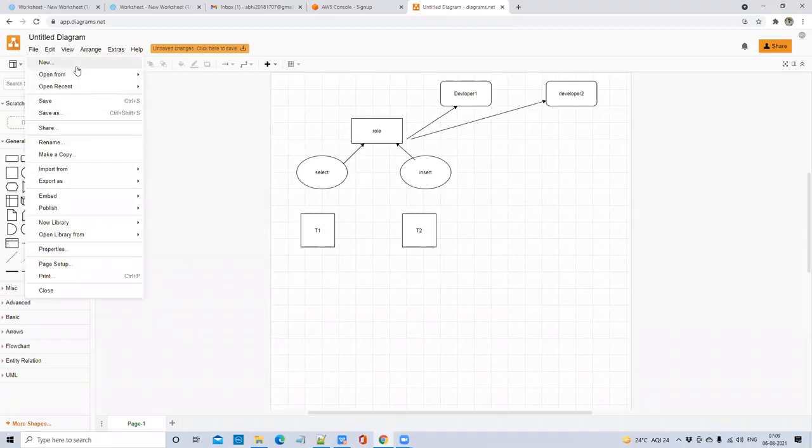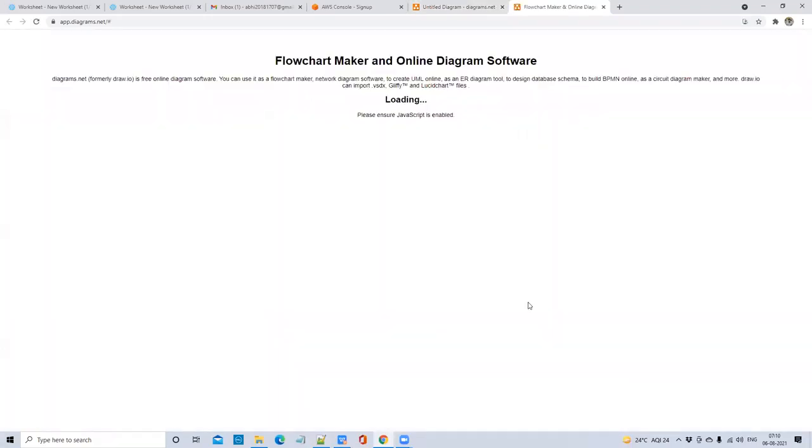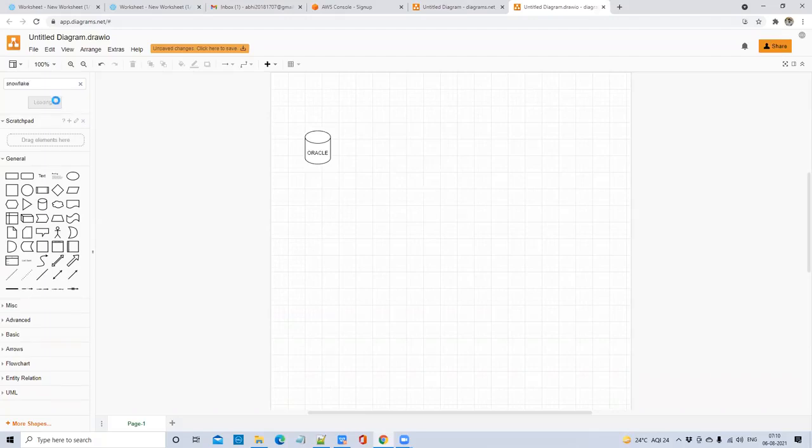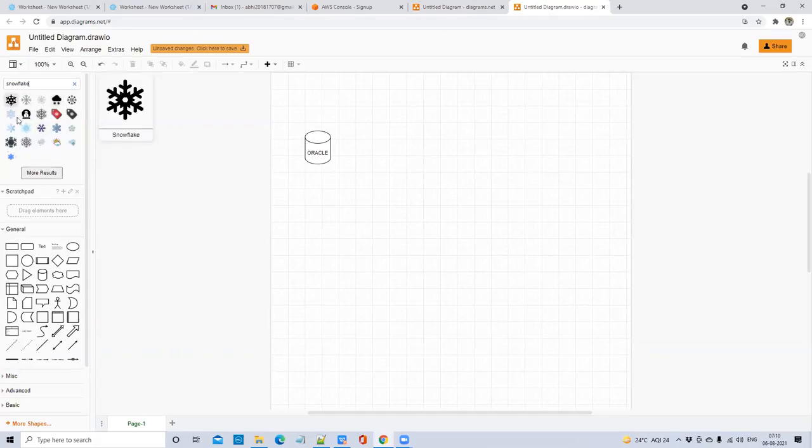Let's say my source system is an Oracle database. Or my source system can be another OLTP database like a Postgres database or MySQL database. From the Oracle database, I need to bring the data to my Snowflake database. We have a symbol for Snowflake here. So from Oracle to Snowflake, I want to bring the data, right? That is my aim.